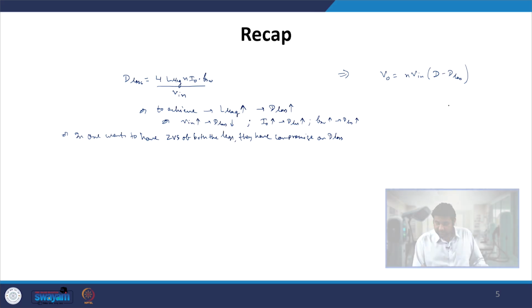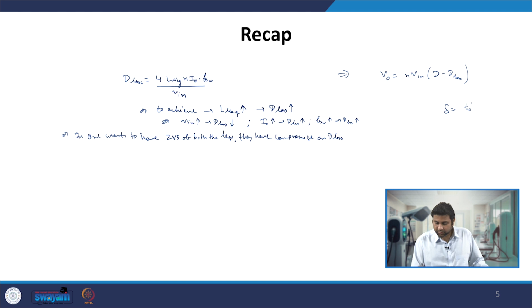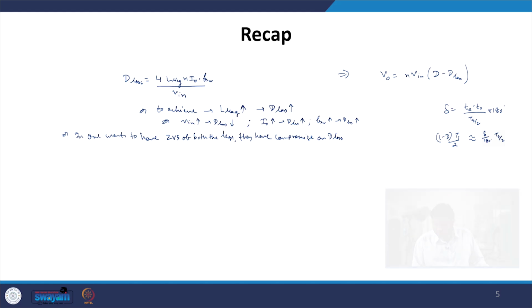Since we are doing phase shift, we have the phase shift which is between T0 and T2, the period divided by Ts by 2 for 180 degree, and this is 1 by D period, 1 minus dTs period by 2, you can say that it is roughly the period of delta by 180 degree Ts by 2. That means if you increase the delta value, you will actually reduce the